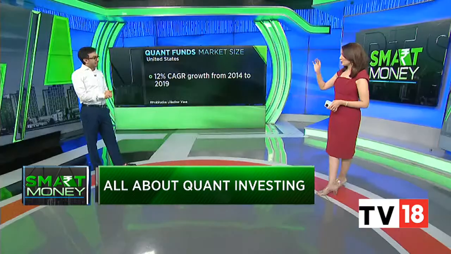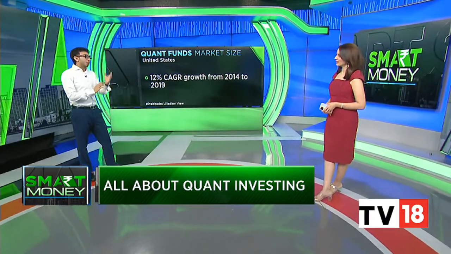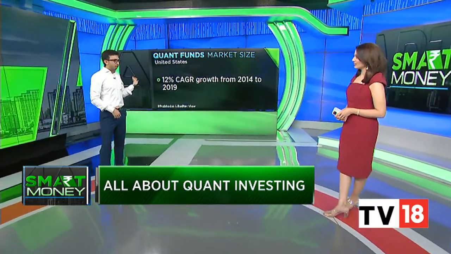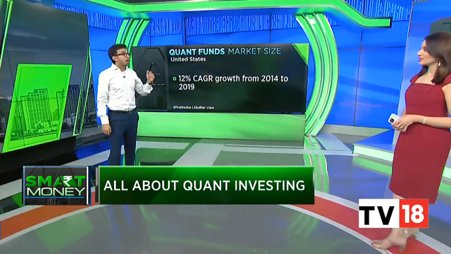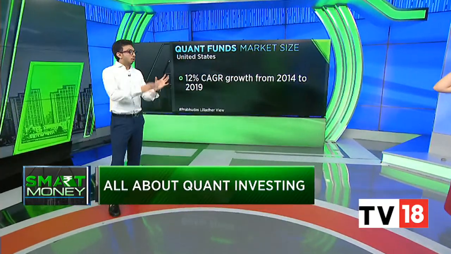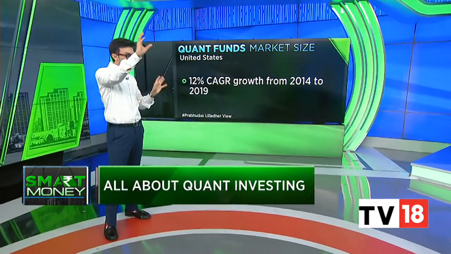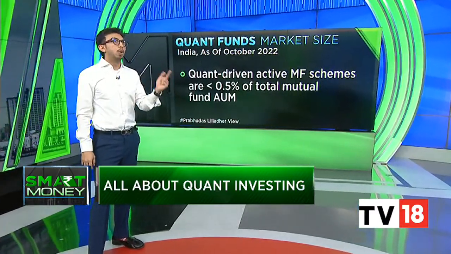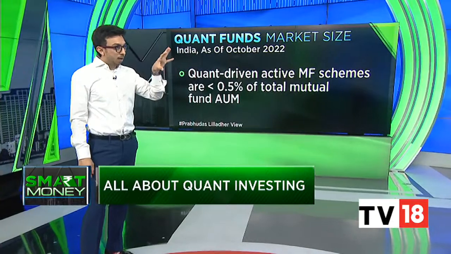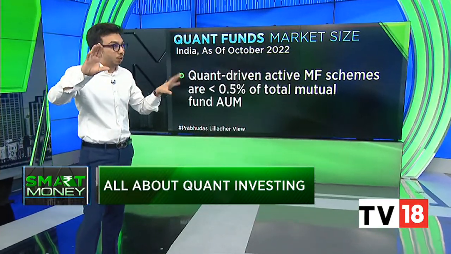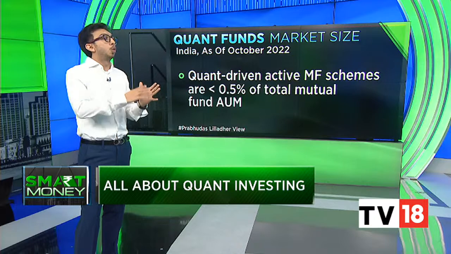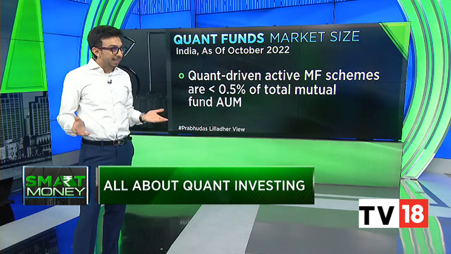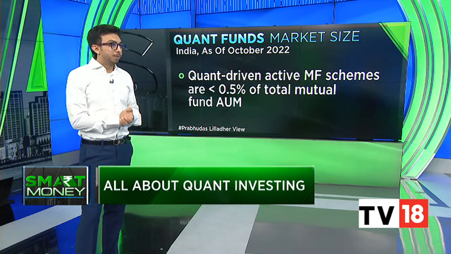And we have a stat here. In the United States, there's a 12% growth that quant funds have seen from 2014 to 2019. Do you have any such stat for India as well? Okay, so in India, the numbers are actually ridiculous because it's more like 100% CAGR because the base is extremely small. Low. So on a 100 crore AUM, if you go to 1000 crore AUM, I think the industry size has gone from close to 800 crores pan-India quant to close to 24,000 crores in the last 5 years. Wow. So that's a huge jump, but CAGRs will be misleading because the base is very, very low.